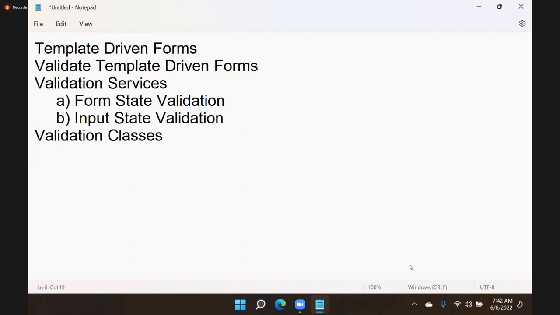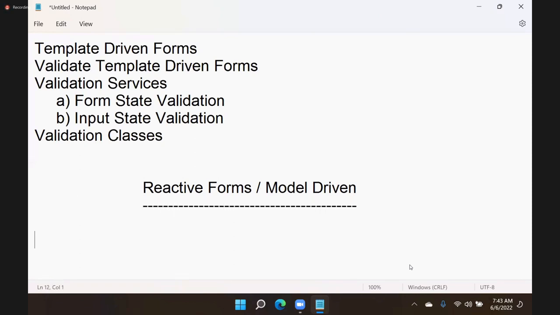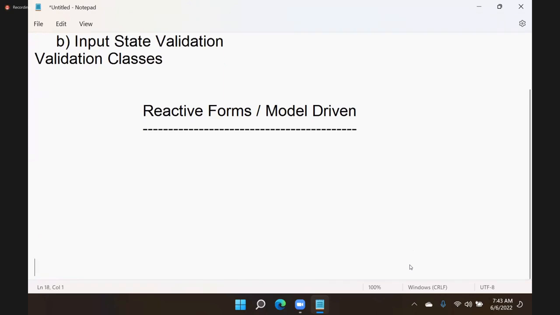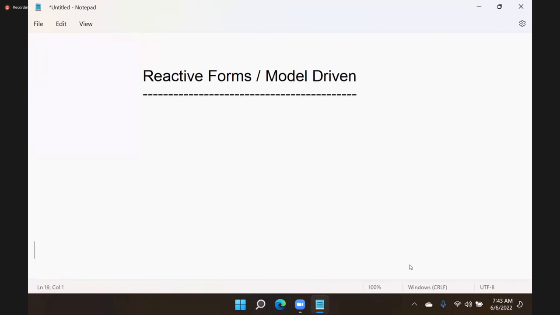Now, next important, we have to know about model driven forms, or we call them reactive forms. What are the differences between template forms and reactive forms? The first important point is